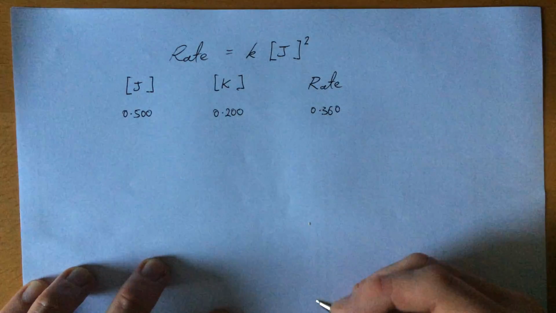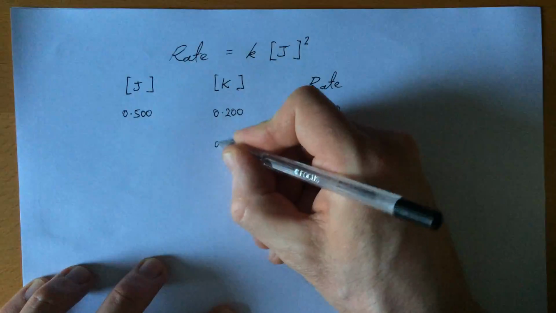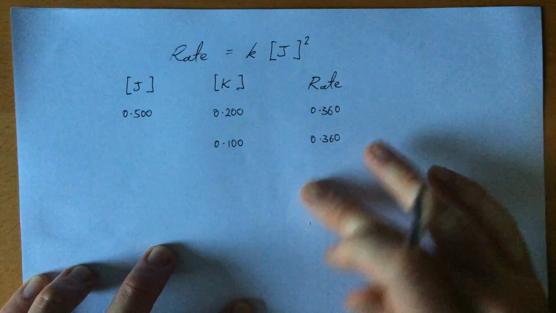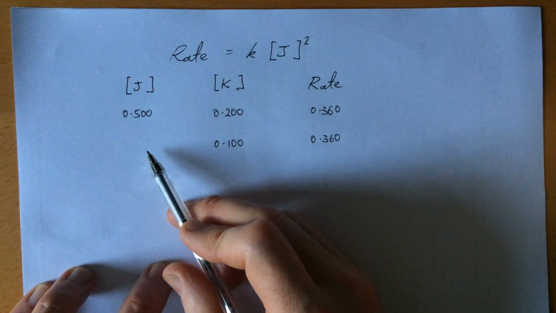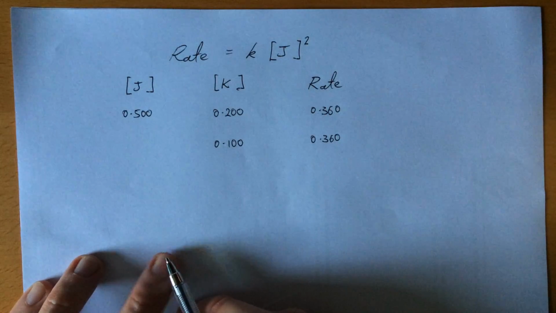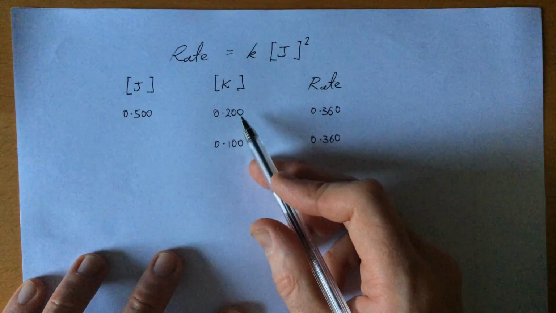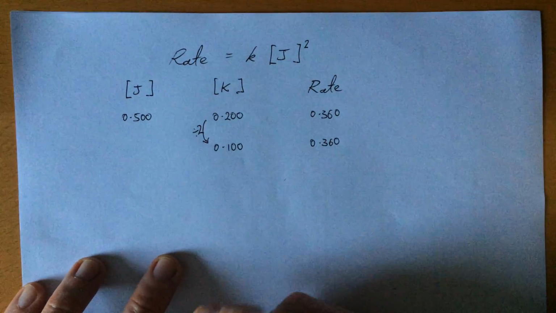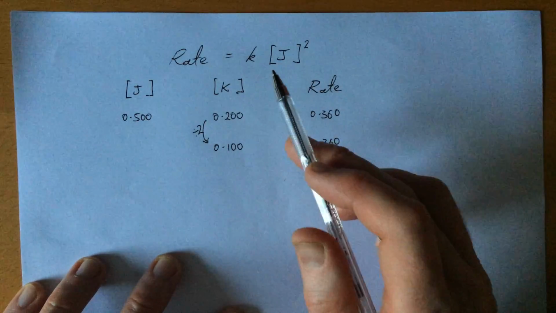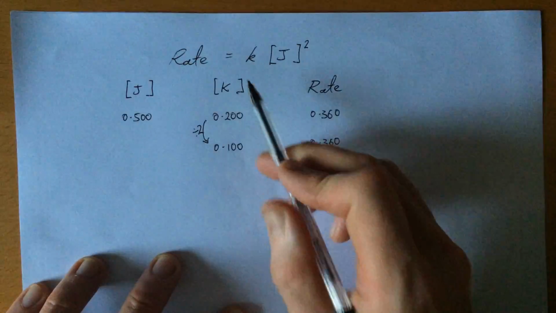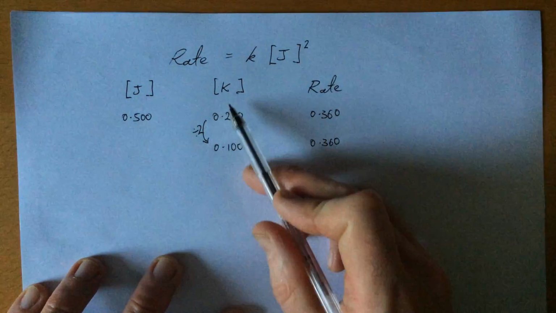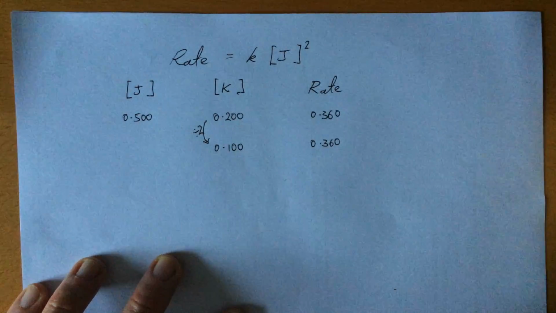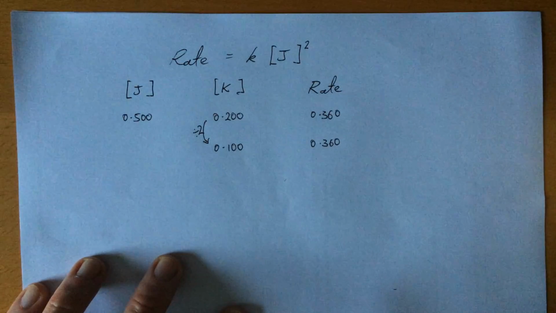So in the first question we're told that the concentration of K is 0.100 and the rate is 0.360, and we're trying to find the concentration of J. So we can see immediately that the concentration of K has been divided by 2, but K is not in the rate equation. We're not talking about this K, that's the rate constant. We're talking about the concentration of this substance K, whatever it is. It's not in the rate equation,